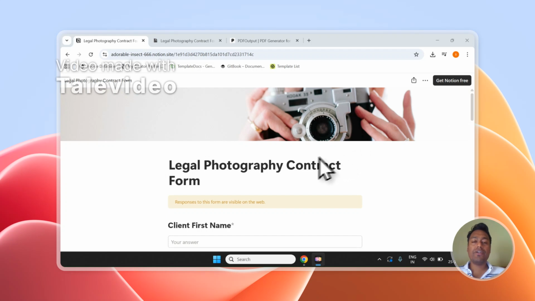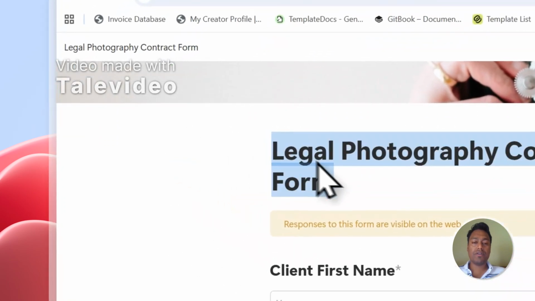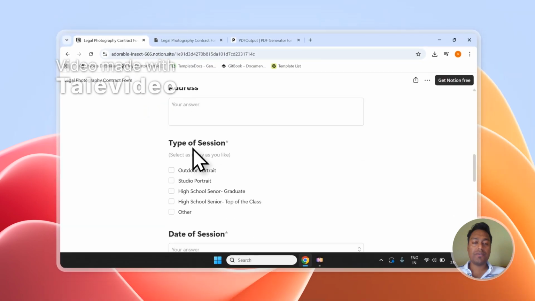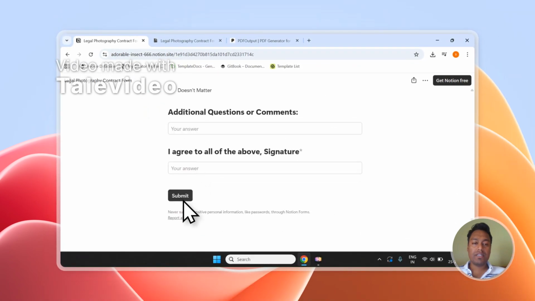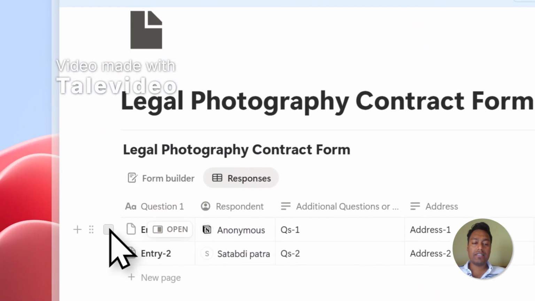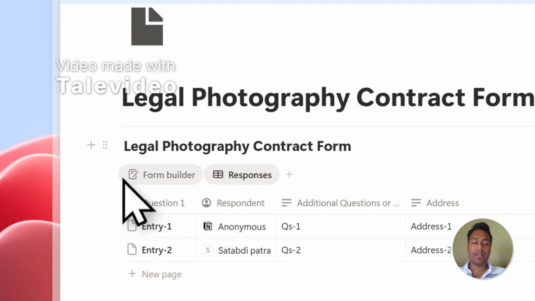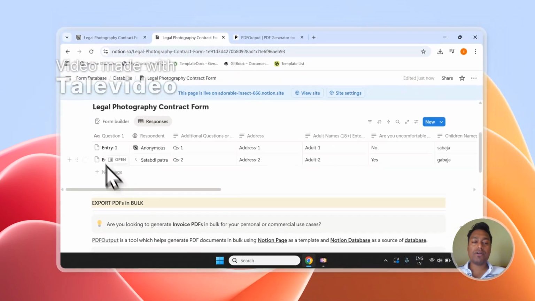Hi, today we are looking to create photography contracts on automation from a Notion form. As you can see, this is a legal photography contract form wherein once the user fills in all the details in this particular form and they click on submit, the responses will go to the responses side in this database over here. I have added two submissions out of the particular form and now I'm looking to convert those submissions